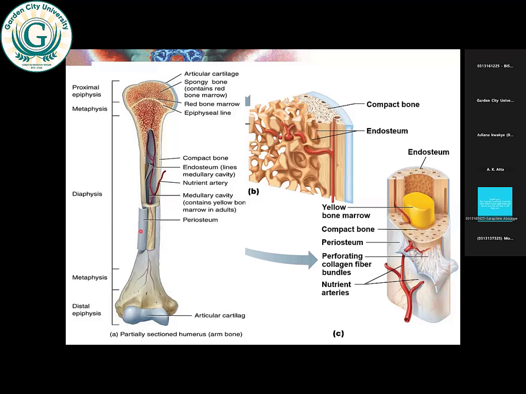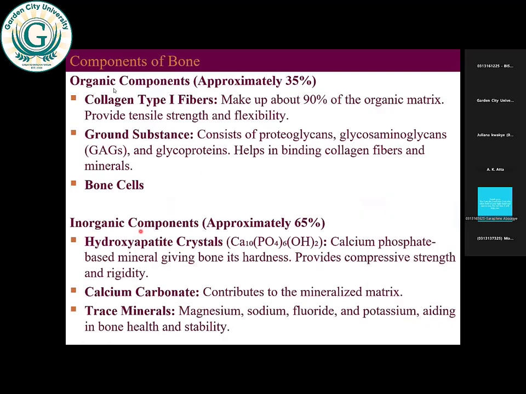Now, when you look at the bone, about 35% of bone is organic and about 65% is inorganic. The organic parts definitely are the component of connective tissues. There are bone cells, there's a ground substance, and there are collagen fibers. Of course,